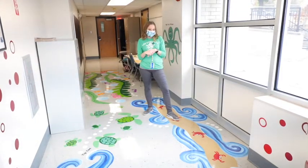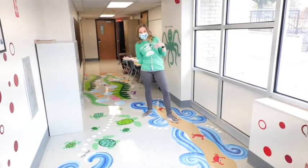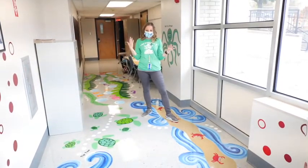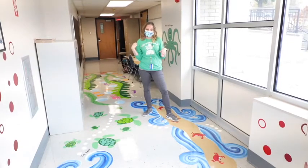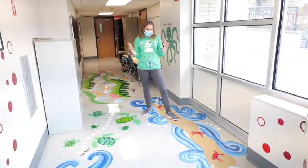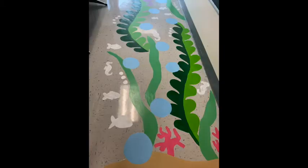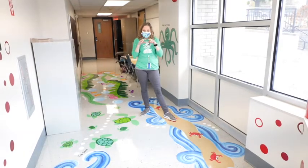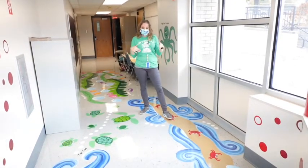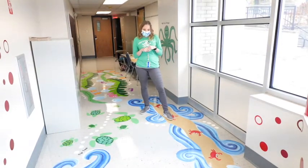So I sketched out things, especially once the pandemic happened and I was home and couldn't really do much. That was where I filled my free time, getting ideas and researching different ways we could take those tools and incorporate them into some kind of artistic flow. I sketched out different components and put them together how I wanted. When I was able to get back into the building, I could measure out an actual space and see where I was working. And then once the custodians and everybody was back in and we were allowed to come back,